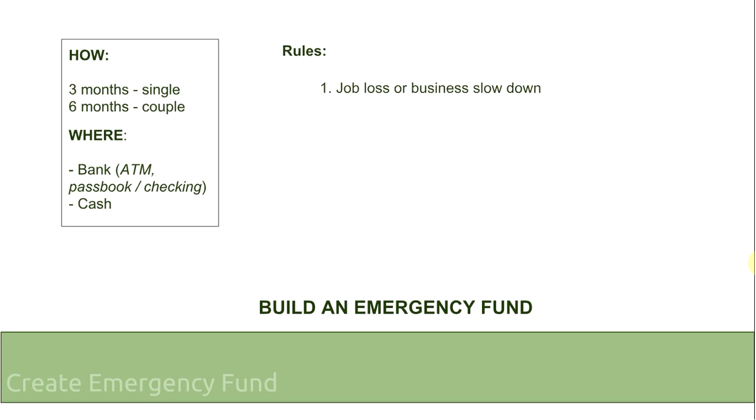Ito yung some of the rules that you can follow. Job loss or business slowdown. Okay? Kasi, this is really unexpected. So, let's say, for example, may job ka ngayon in a stable company. Yes, may maraming stable company pero walang stable job because anytime, pwede kang mawalan ng trabaho. And then, in business naman, may ups, may down. Minsan, we think that business, lagi lang up. What if meron kang 3 months slowdown? So, kaya nga, 3 to 6 months worth of expenses.